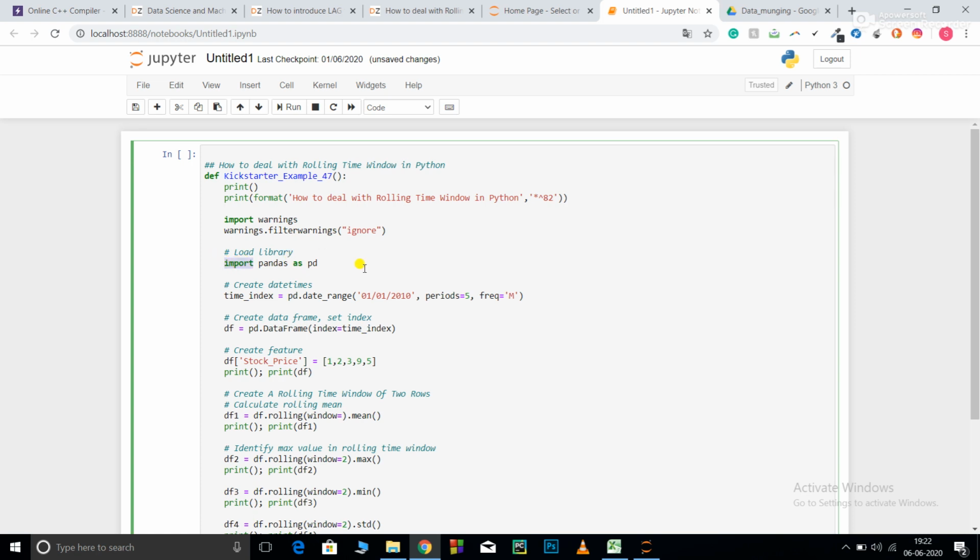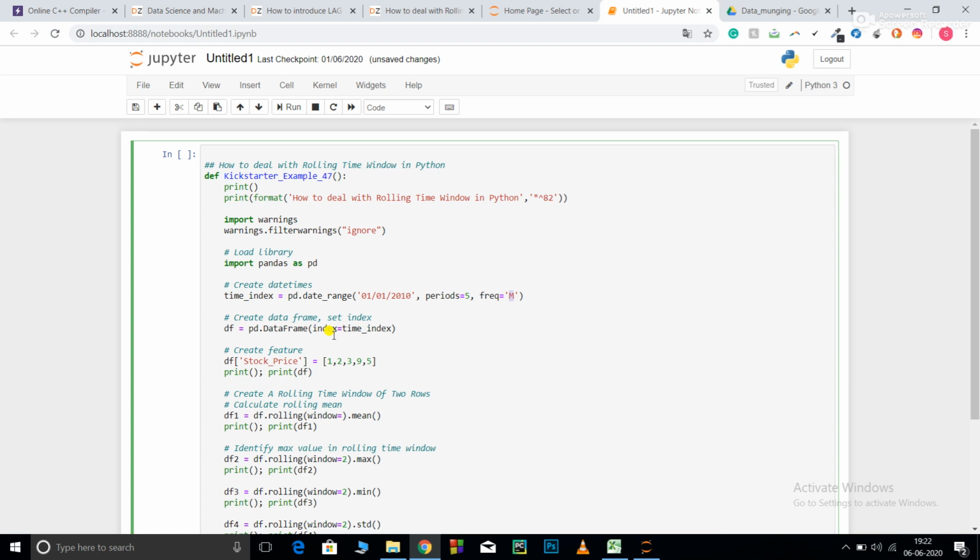Import pandas as pd. Next, time_index: I'm creating a time series, so I'm creating a date range. My date range should start from this, and periods is 5, that is I want 5 days. Frequency is changing with months. Then I create the data frame and set the index.